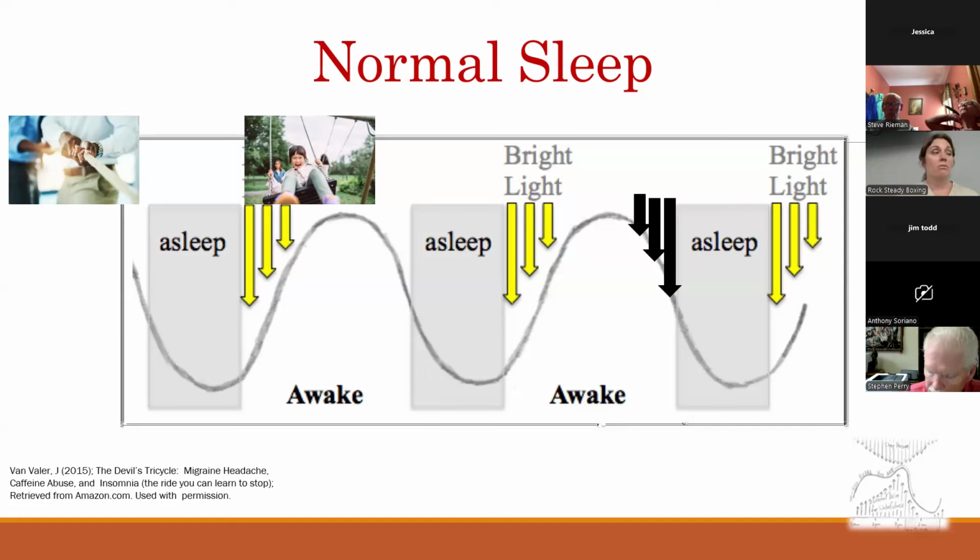Now, for those of us that are in Indianapolis, I know there could be people logging in from elsewhere, Indianapolis is in the wrong time zone. We should be at least Central. At least Central for the winter months. In the summer months, we should actually be probably Pacific. So